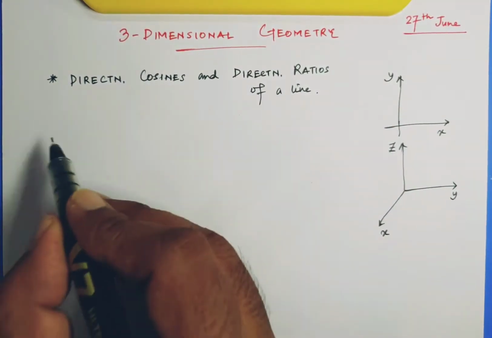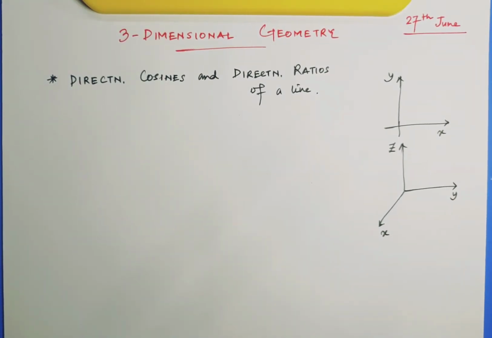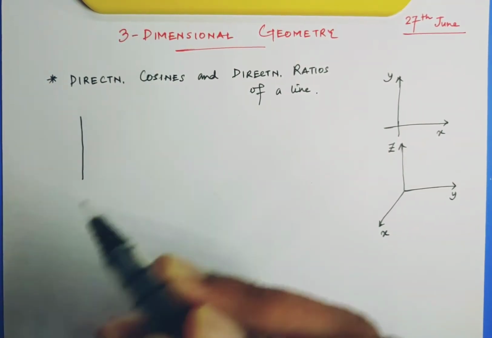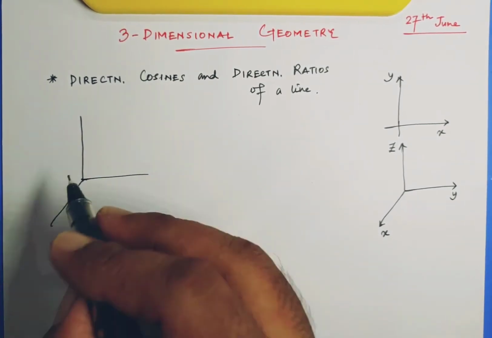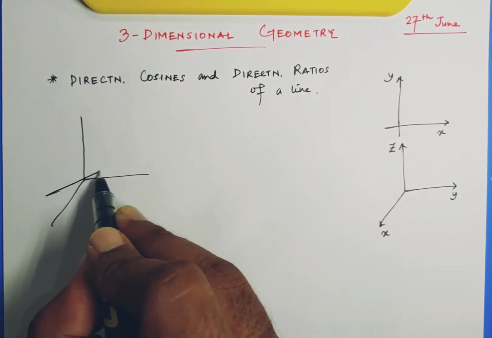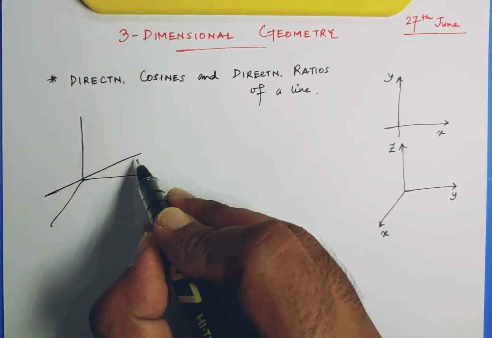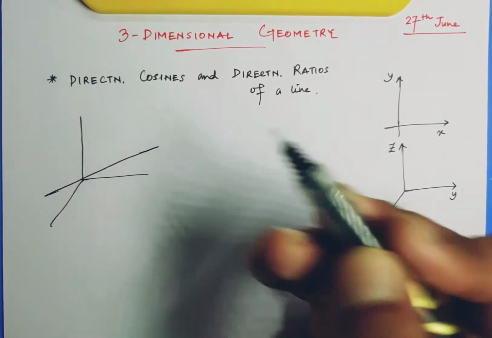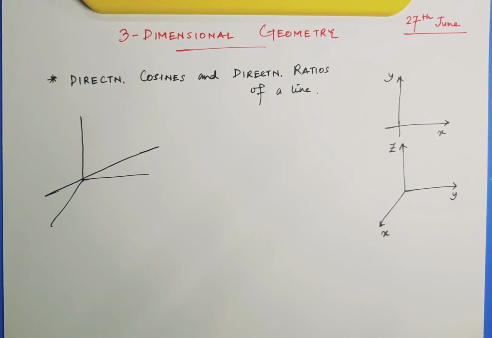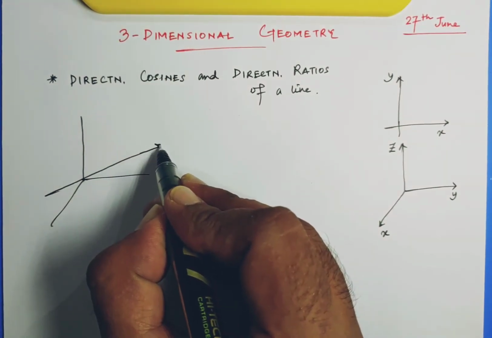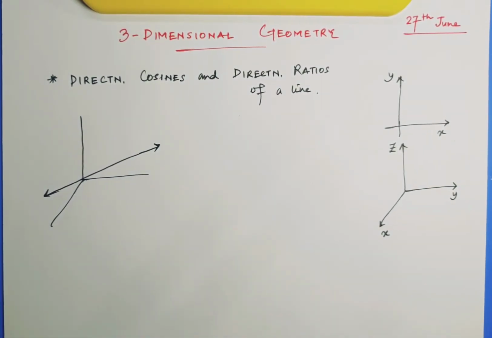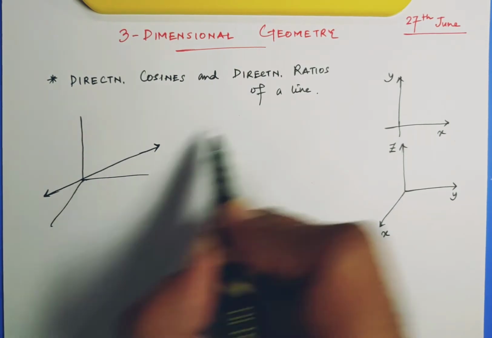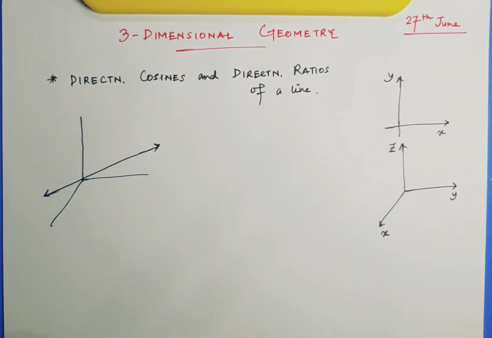So how do we do that? First, how does a line look? If I draw a diagram like this, we are thinking of the basic case: a line passing through the origin. It's just a basic, simple line. Now we know one thing, a line is directed in two directions, this end as well as the opposite end, right? So the line has two directions, this direction and this direction as well.